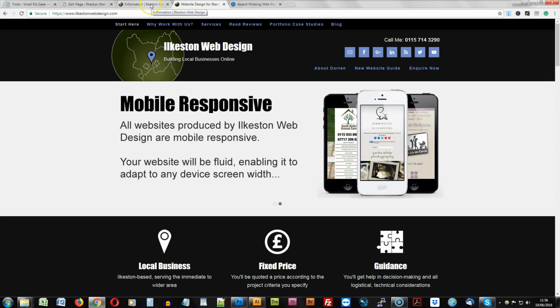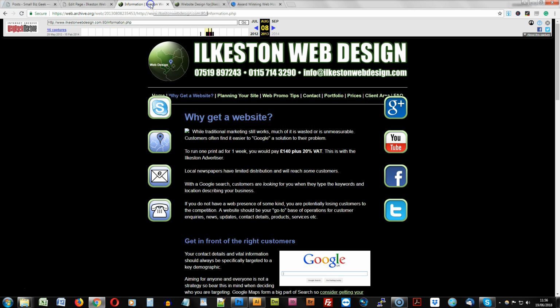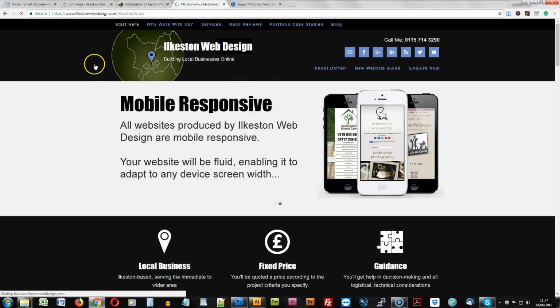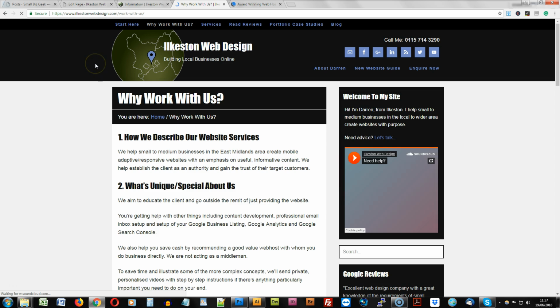Now compare that to how the Ilkeston web design site used to look, and look at the social media icons. They're actually full images with inset shadows and gradients and things like that. Look at the logo, there's lots of inset styles and things. Just to go back to what it looks like today, much simpler, much quicker to load as well, less taxing